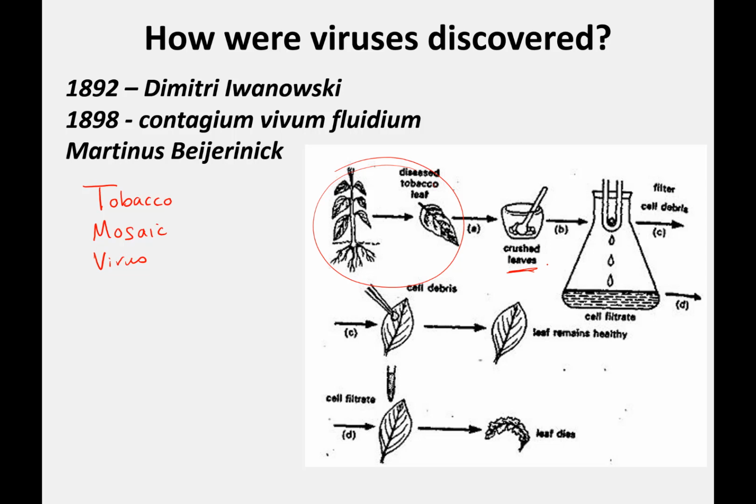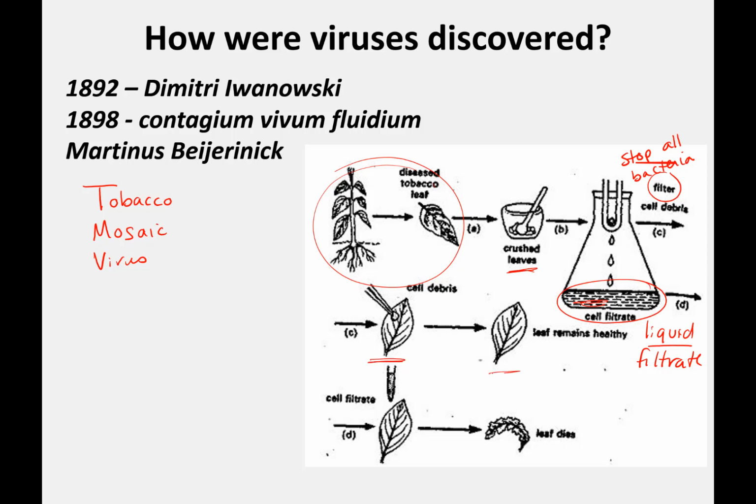And then they filtered them. And the filter is going to stop or catch all bacteria, all cells. And what they found in this liquid filtrate, so the stuff that went through the filter,